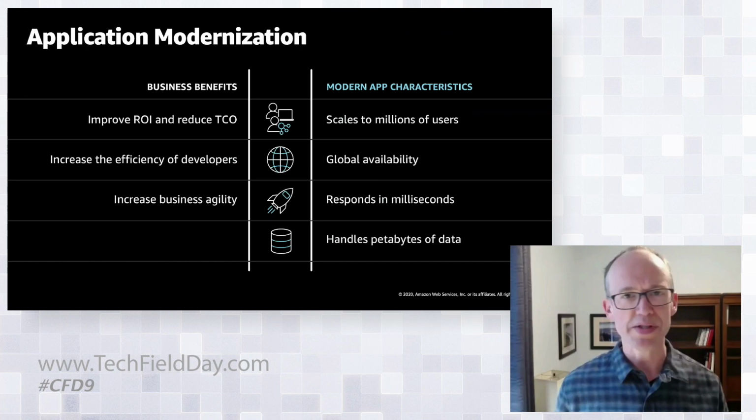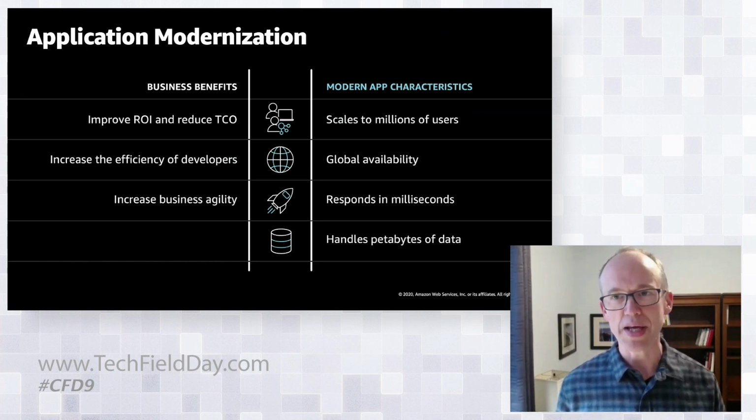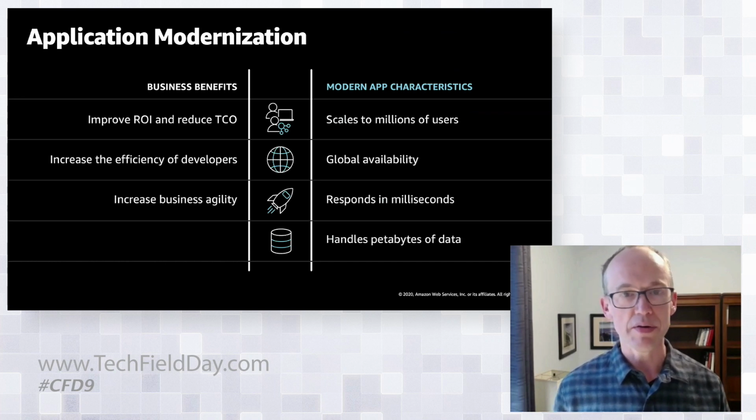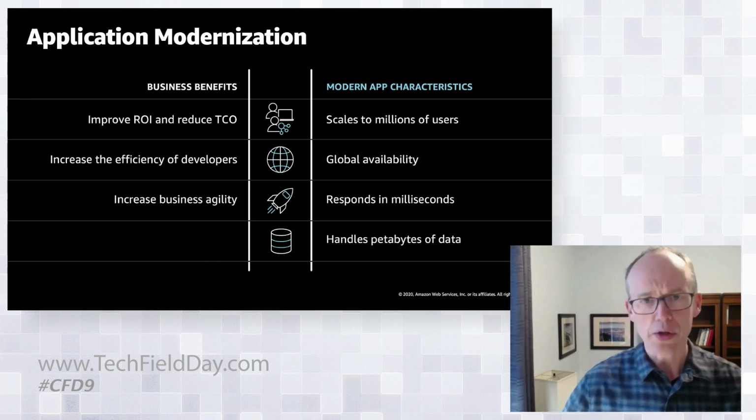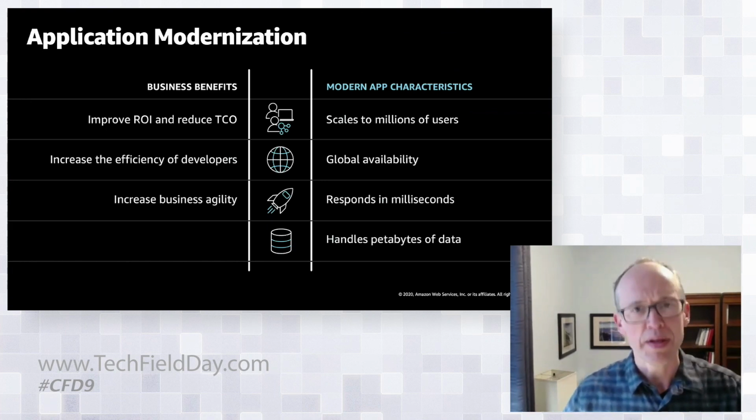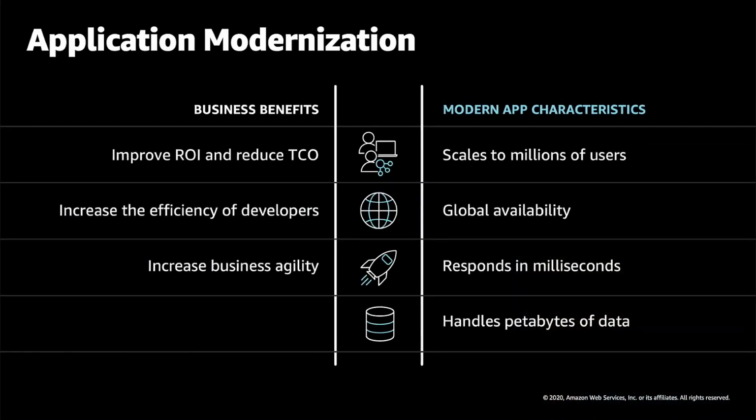And so specifically with modern applications, what does that mean? A business today, especially an internet-focused business, you need to be prepared to scale to millions of users. You may start with a small MVP, but things can change overnight, and your technology has to be ready to scale to millions of users. Global availability. It's not enough to launch in one part of the world, in one city, in one state, in one country. You need to be ready for global availability.